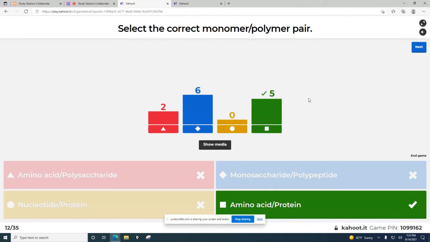So this is the correct answer, because an amino acid is a monomer, right? And many of those come together to form a polymer, which is the protein or the polypeptide. Now, some of these aren't exactly monomers or polymers, but that requires you to know what are monomers and what are polymers. And that's what you'll have to do on the exam. So is that clear? Like how we kind of figured that out together?